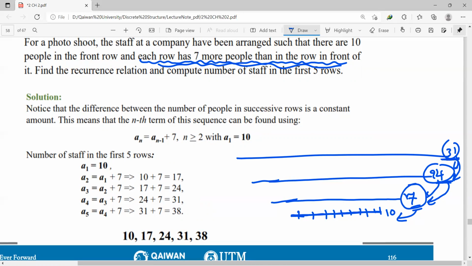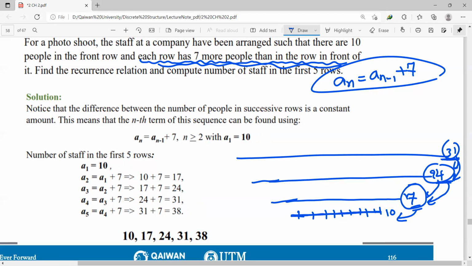That means each term depends on the previous one. So what's the formula? The formula is the previous term plus 7. That means an equals an minus 1 plus 7. This is the formula. This is the recurrence relation. Do you know how you find that? And then we should find the first